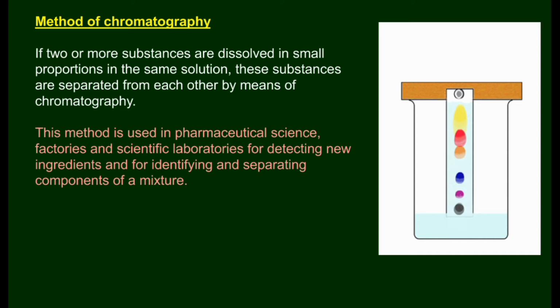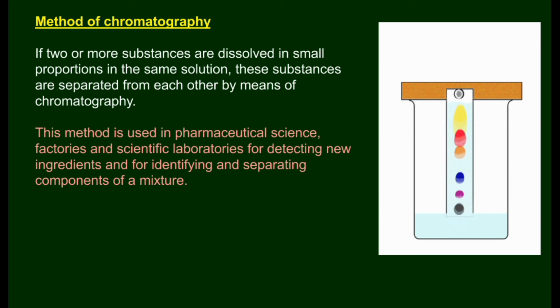After some time, the spot of ink is seen to have risen and collected at a particular height on the filter paper. If there are two or more constituents of different colors in the ink, they will be seen to have risen to different heights due to their different colors and thus appear distinct from each other. This method of separation is called chromatography.